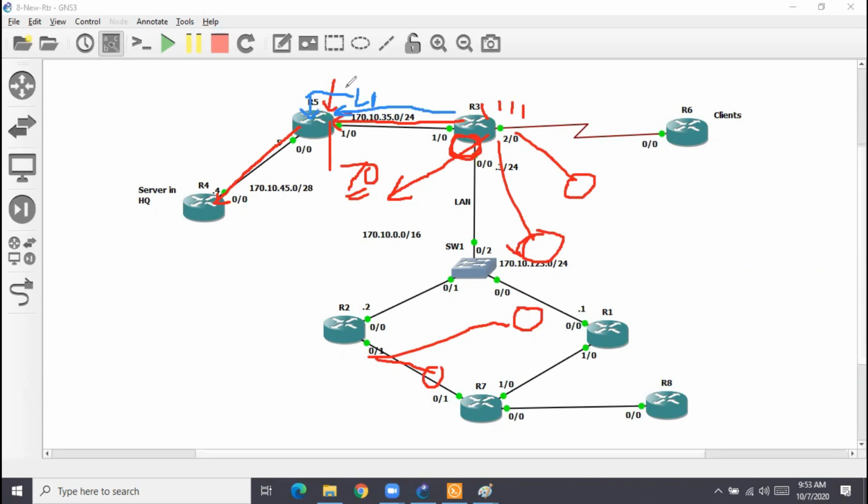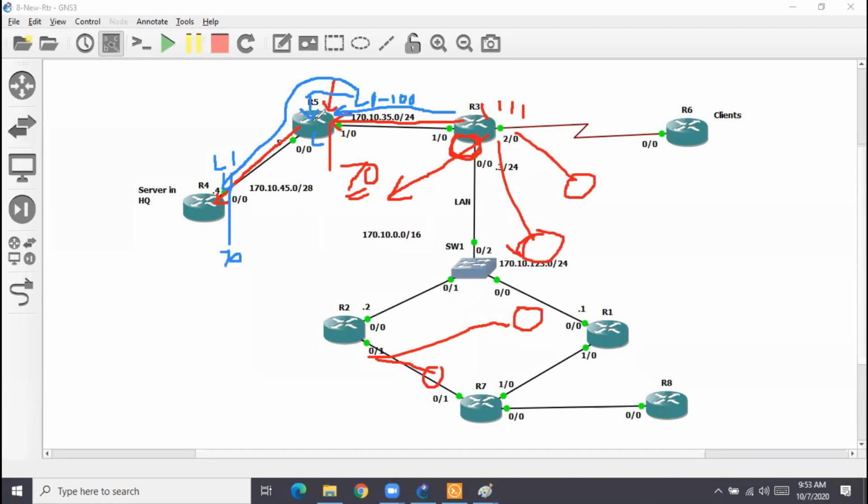But what does it do next? It forwards the original LSA further. So in this LSA, let's say there were 100 routes, the original LSA. R5 made a copy of this LSA, so this copy also has those 100 routes. It puts this in its link state database, and then it forwards the original LSA further to other neighbors. So when this LSA lands here, will 70 be present in the LSA? Yes, 70 is still there. And that's the reason you see 70 on R4.